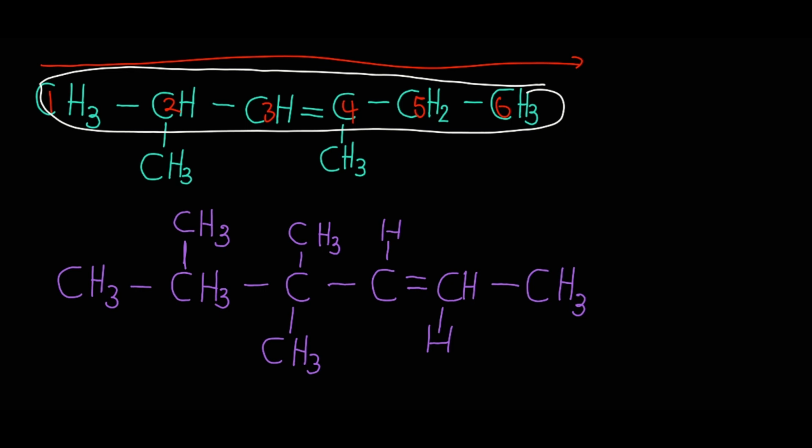So this is our branch, and this branch, we can see that it is methyl because it has 1 carbon. So this is methyl and this is methyl. This one is at carbon 2, and this one is at carbon 4. So now let's name